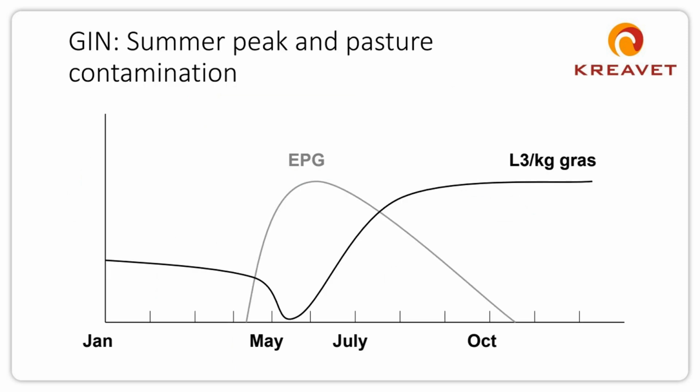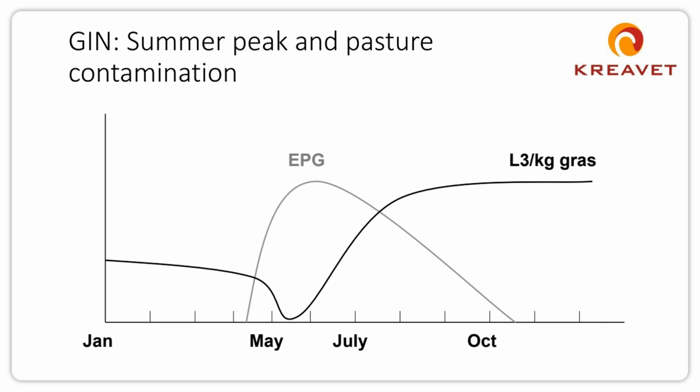Now, looking at the epidemiology, this is the classical pattern that is in the textbooks and that we are used to talk about for gastrointestinal nematodes. There is a surviving larval population on the pasture. When animals are moved out on the pasture, they infect themselves with the surviving population. This will initiate the egg shedding, so deposition of new eggs on the pasture that will build up.